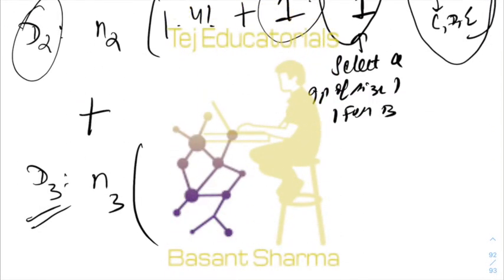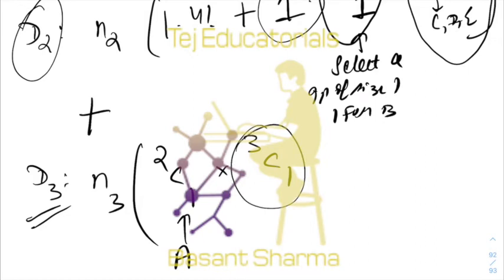So again, similar procedure. Select one group of size 3 for A, in 3C1 ways. You have to ensure that B does not get the remaining group of size 3. So select a group of size 1 in 3C1 ways. See, we have to ensure that B does not get the remaining group of size 3, because NA should be